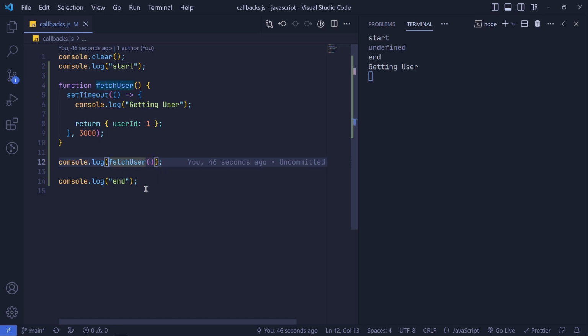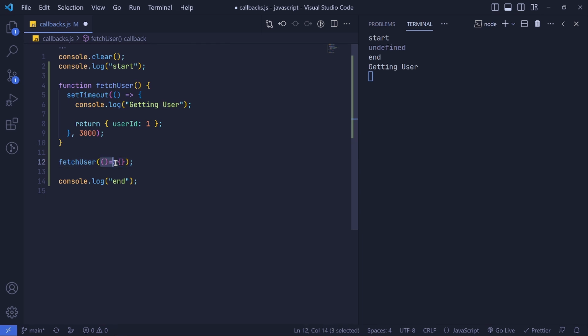So right here, we can basically just call our function normally, and then we will be passing a function right here. So we will pass a function, and now this function is our callback function. So we are passing a function inside another function, and we will be able to receive it here, and we will call it callback. You can give it any name, but callback makes more sense. And then later in code, after we fetch our data, let's assume here we are fetching data,